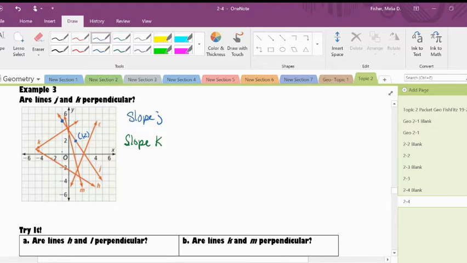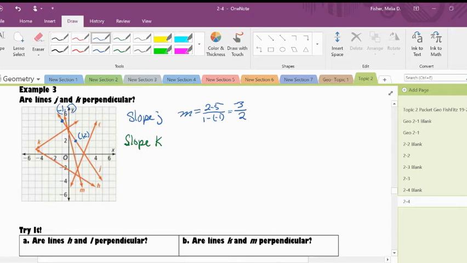That's at -1, 5. So to find the slope, we would say m equals 2 minus 5 over 1 minus -1, which is -3